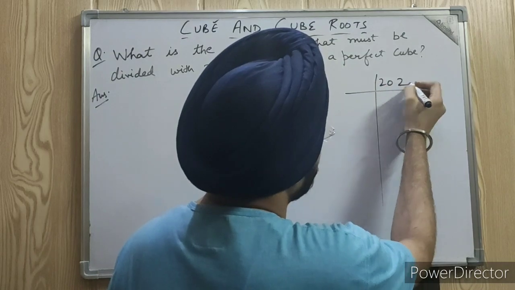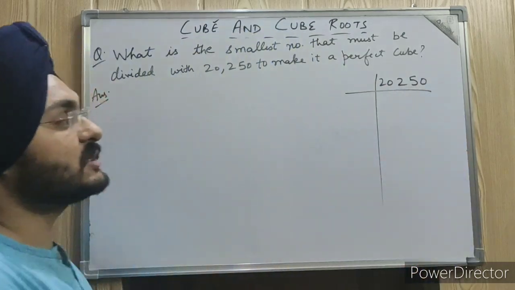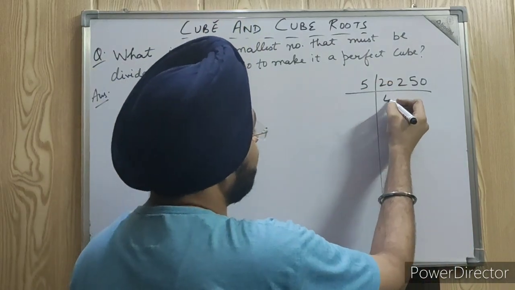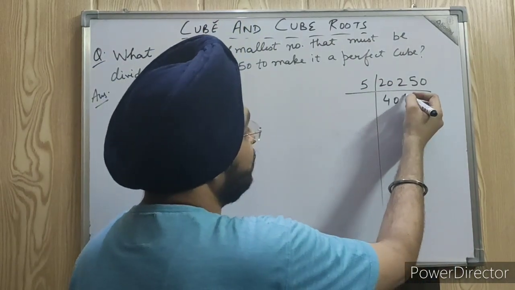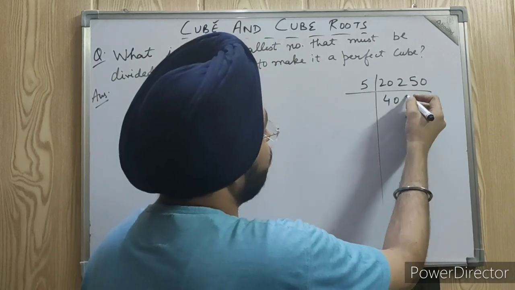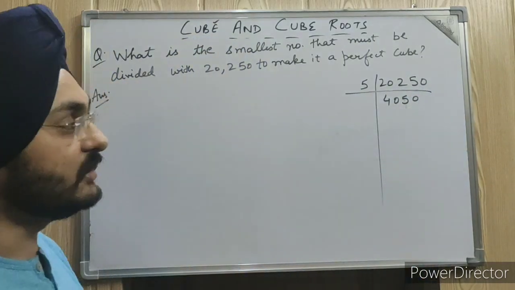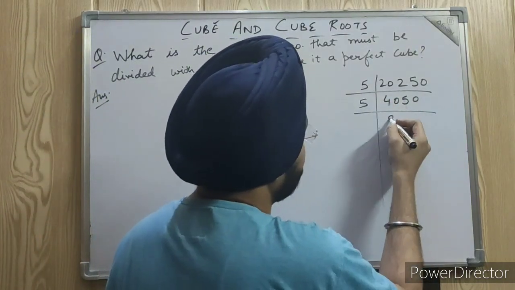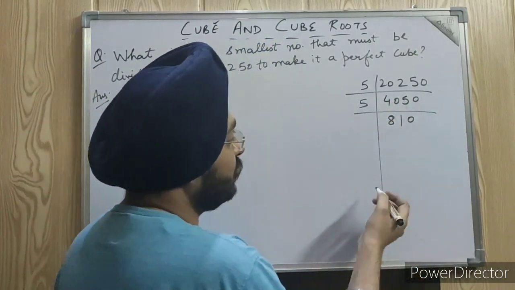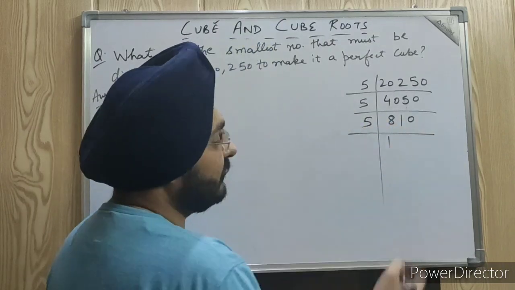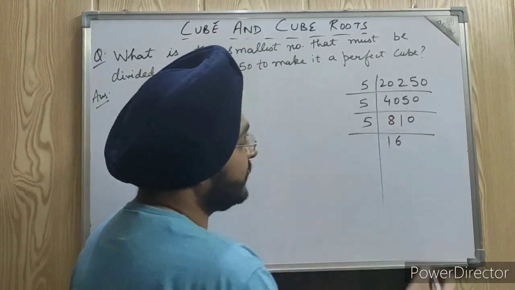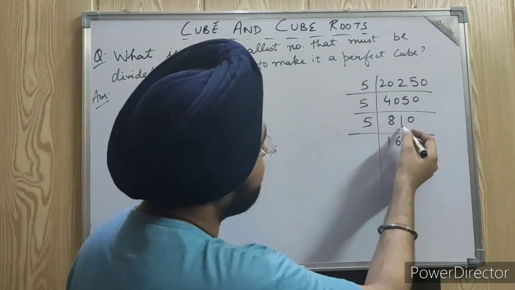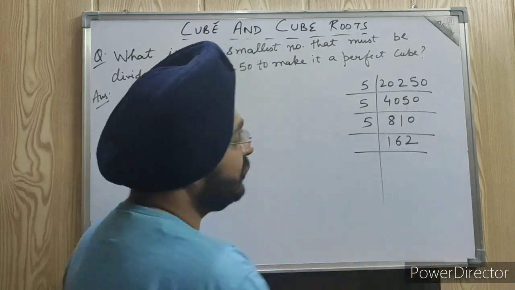So 20250. Now you can start with 2 or 5. I'll be starting with 5 now. So 5 4 20, 0, 5. 525, and again 0 this time. The next 5 5 8 40, 1 0. Now again with 5 5 1 5 31, 5 6 30, and just a second, 5 1 5 31. Okay, so that will be 2 here.